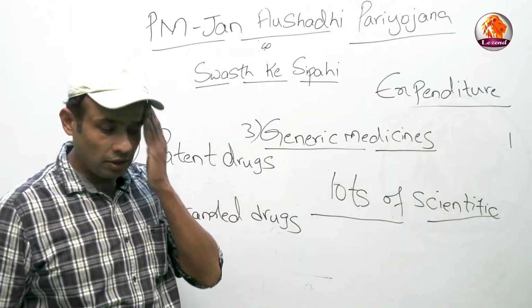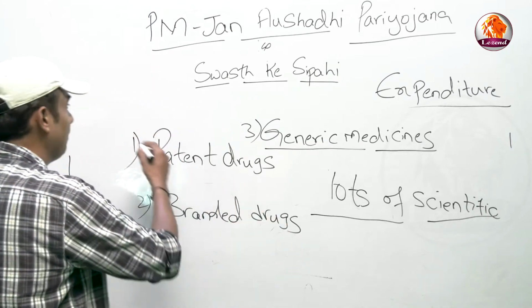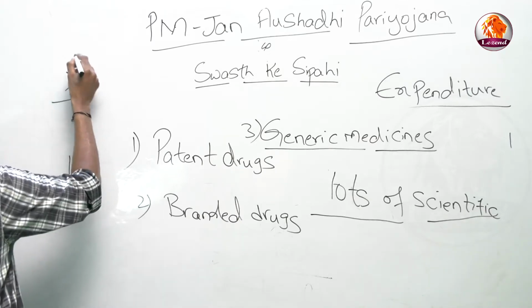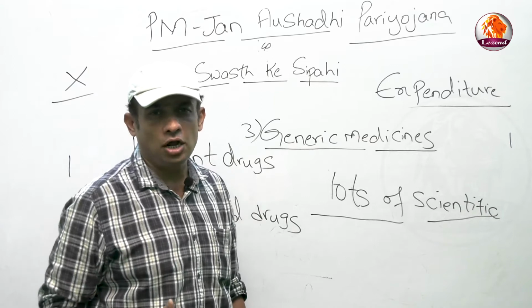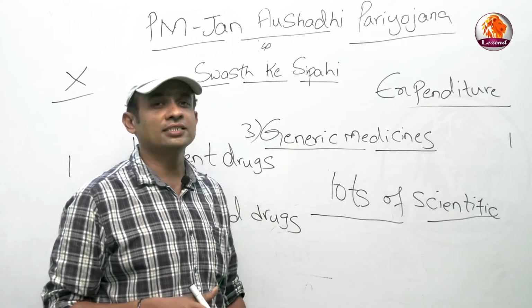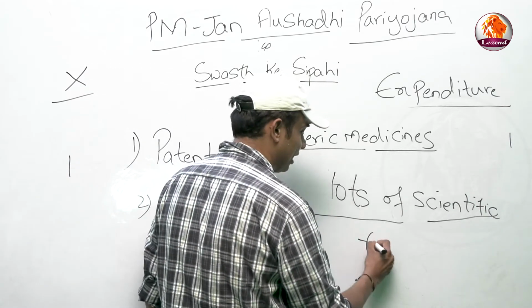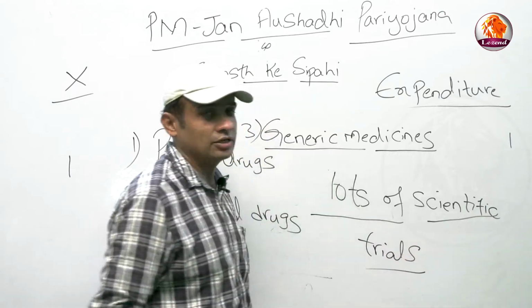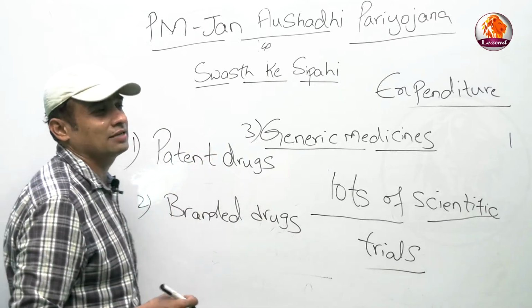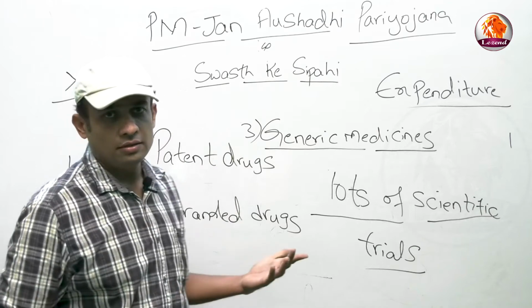Let me take an example of paracetamol. It's an example, guys. Let us take a company called X. X company has invested crores of rupees. It has done all the medical research and the scientific trials. What are scientific trials? These trials are done first on animals, then controlled trials are done on human beings. So, lots of amount is invested in this, and when that medicine is invented,